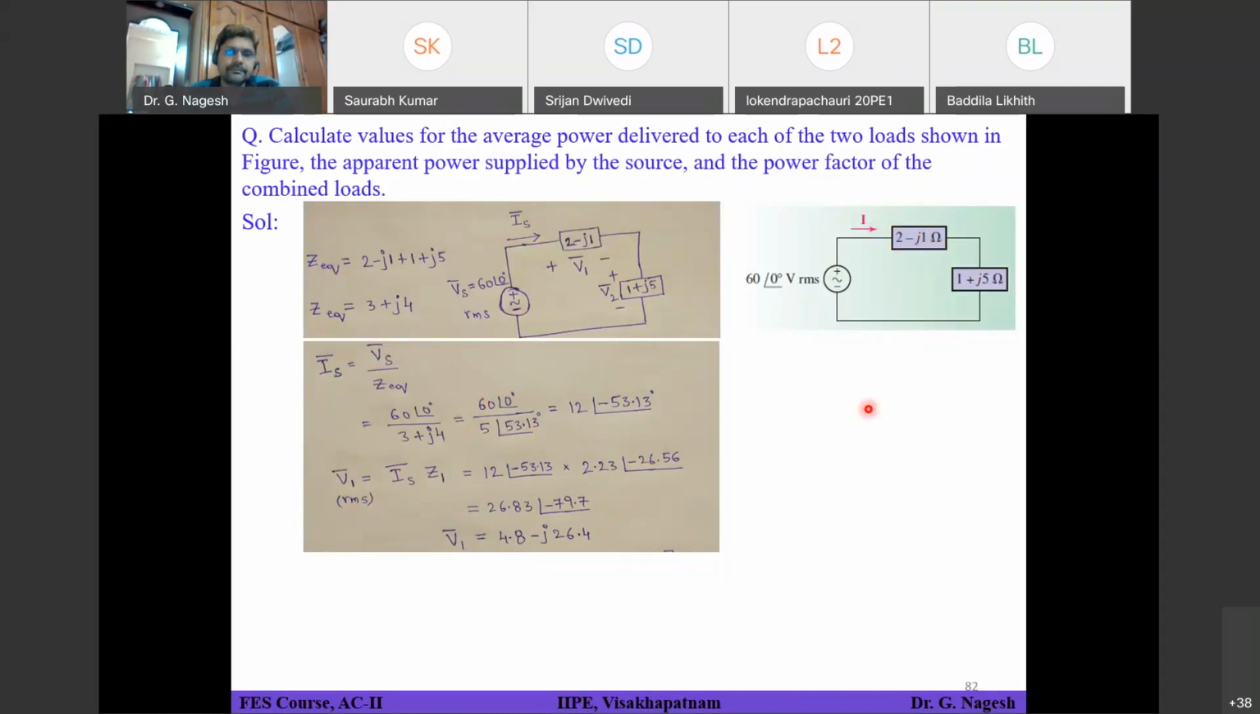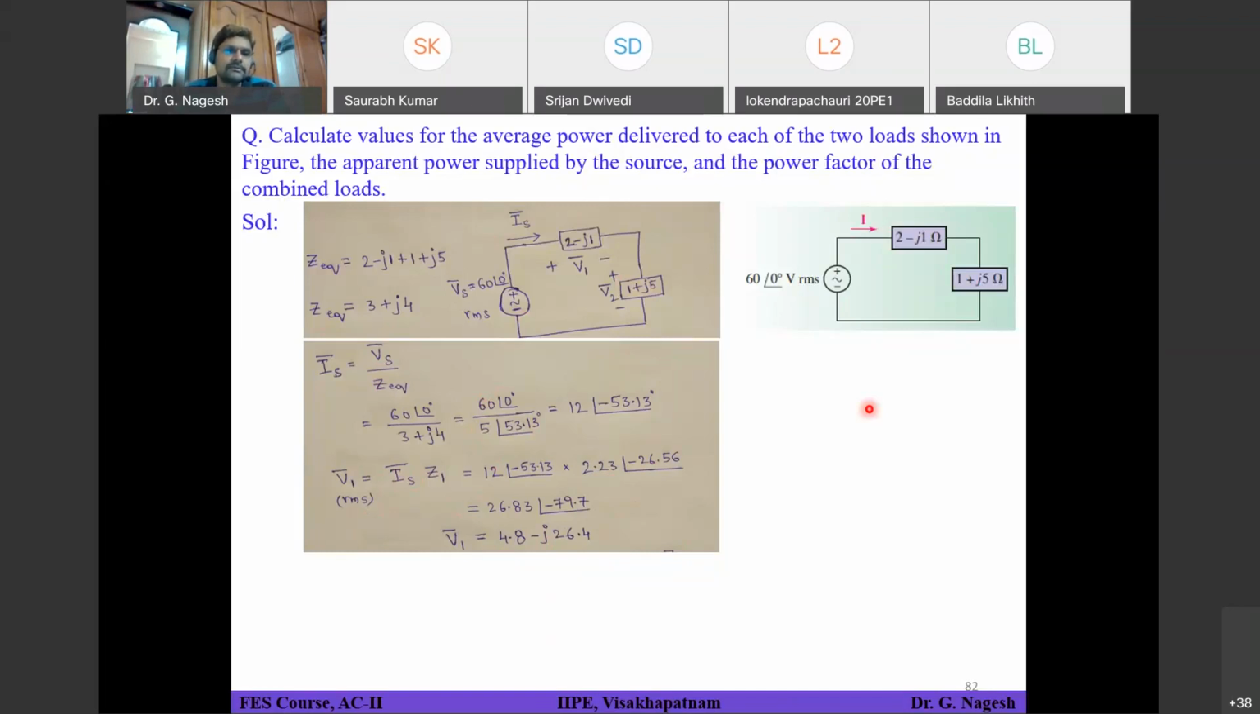What is the basic formula you have to use? Half into Vm into Im into cos of theta minus phi. Okay, so that is one formula. Another formula in terms of effective value: V effective into I effective into cos of theta minus phi. You can use any of these two formulas, but remember when you use Vm,